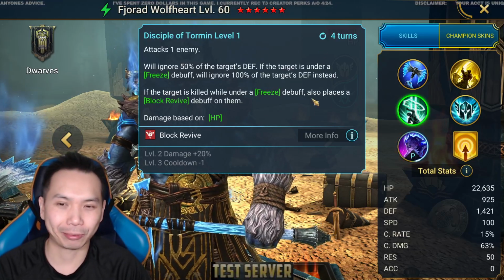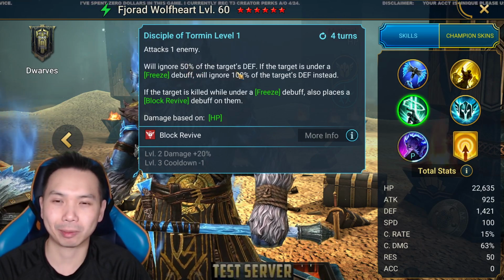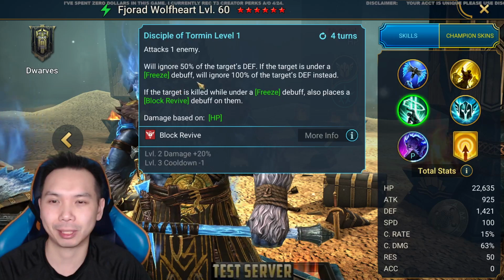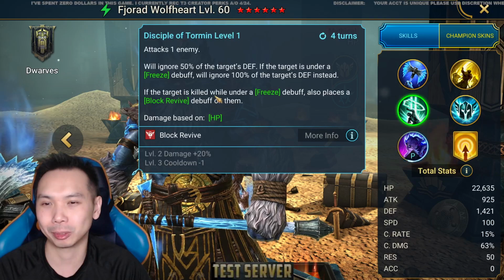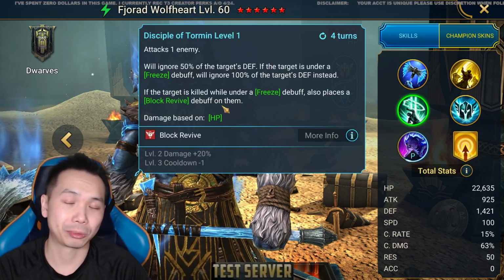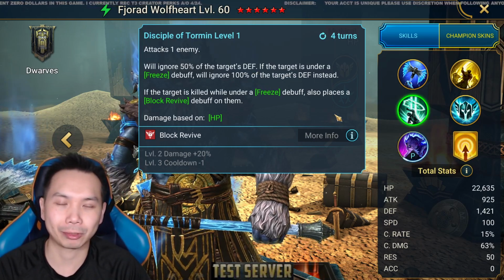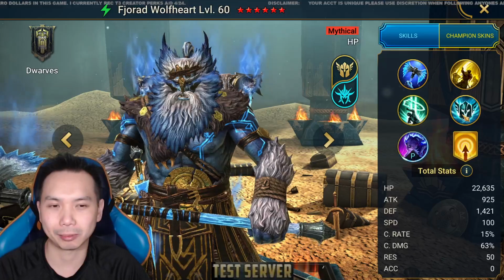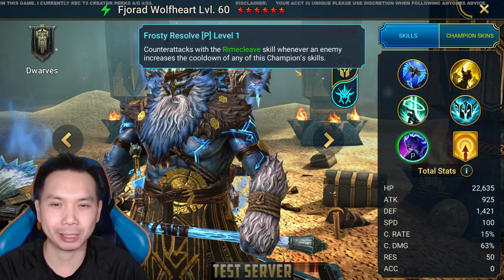Is A3, 3-turn cooldown when fully booked. Attack single target. Ignore 50% of the target's defense. If the target is under freeze, ignore 100% of the target's defense. If the target is killed while under freeze, also places block 5. Yeah, I mean, freeze will mitigate some of the damage, but after 100% ignore defense, it's pretty much lights out. Passive counterattacks with Rhyme Cleave skill whenever